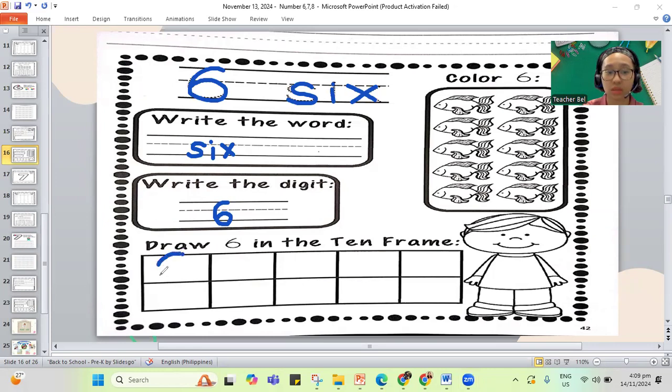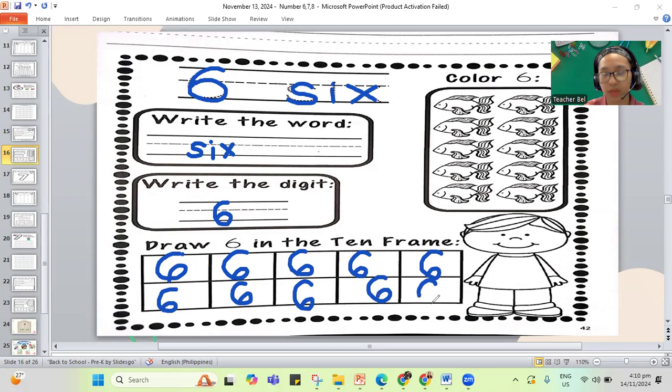That's 1, 2, 3, 4, 5, 6, 7, 8, 9, and 10. There are 10 number 6 on our work.